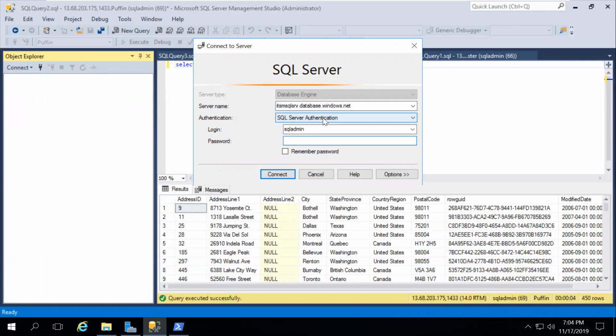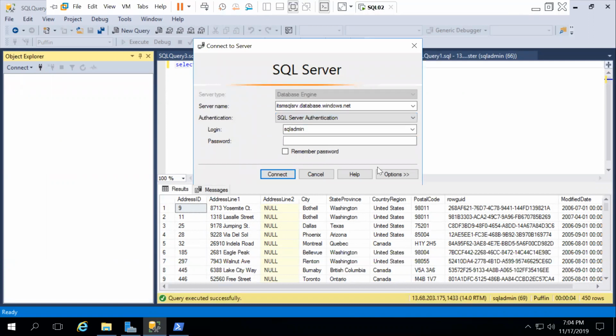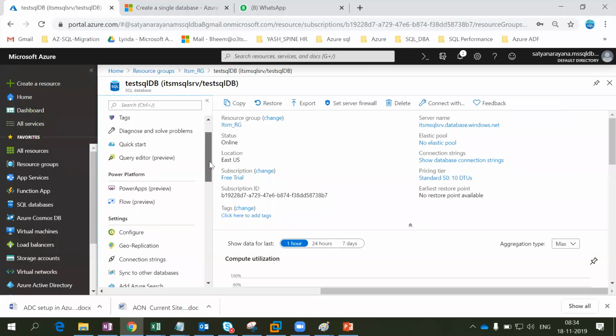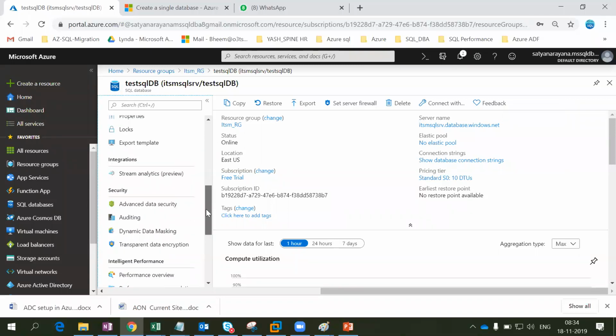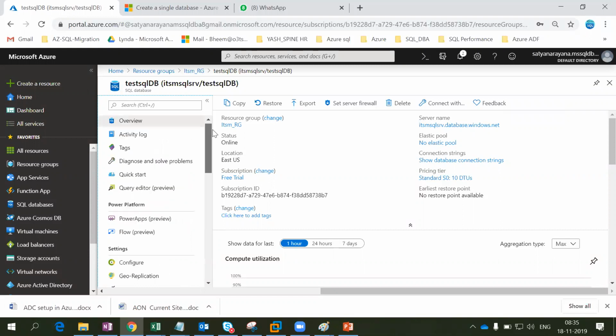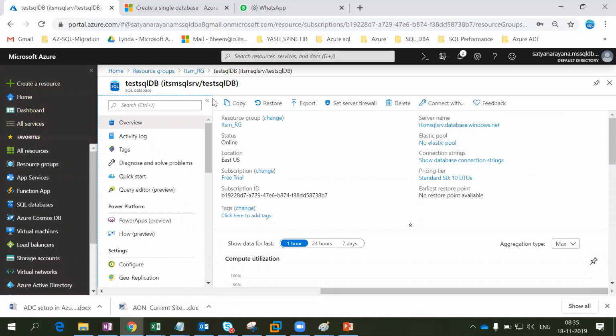So what about the rest of the things here? If it is integrated with Active Directory, you can connect by using the built-in Windows authentication. If it is not, it is good to use SQL authentication only.